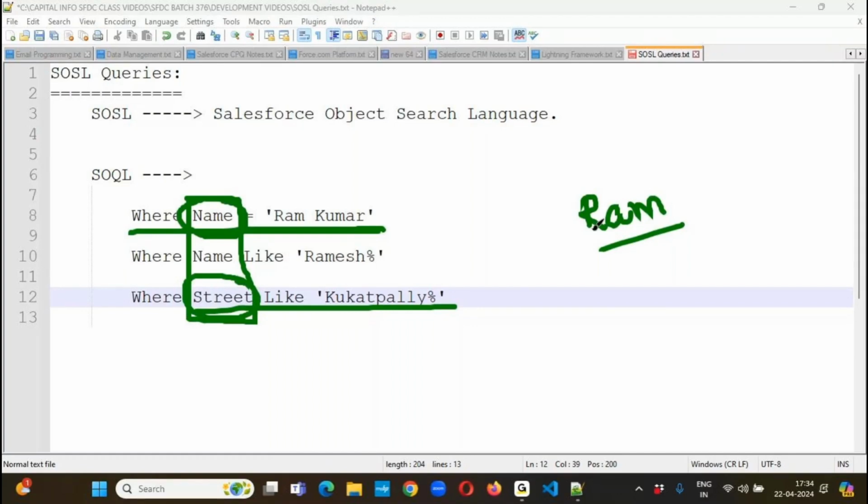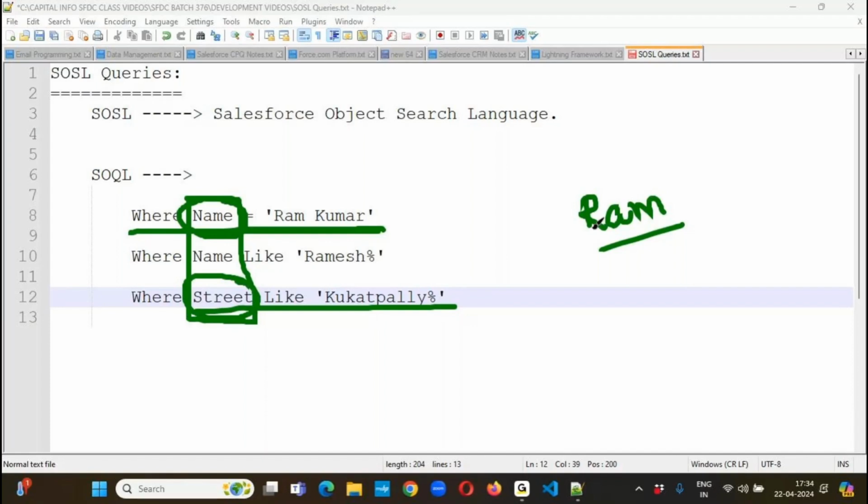Yes. Now, will you do this one by using SOQL? No, my object contains 400 fields. Will you add all these 400 conditions in the where clause? No, it will look very complex. To check all these conditions it will take more time, which will impact application performance. So whenever you want to search for the content in all the fields of objects, not only in one object, multiple objects also,